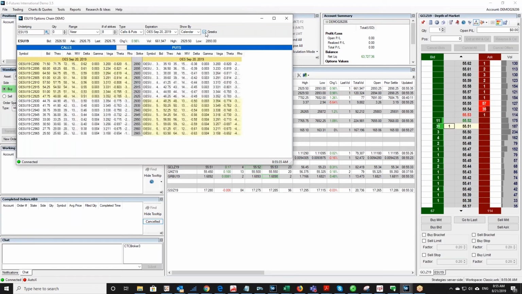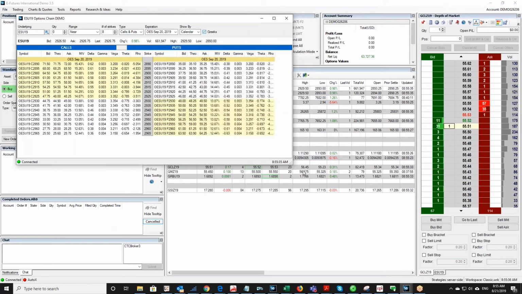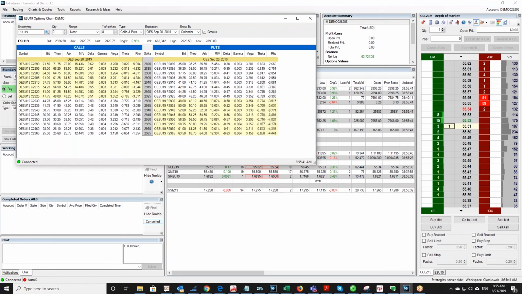By checking the Greeks value, you will get more than a few different data columns that show you the delta, the gamma, the vega, the theta, and other theoretical information that option traders like to use. And in this case, if you look at the option chain for the mini S&P, if you're looking to buy puts, for example, and we're looking at a 2900 put, you can see the bid, the ask, the theoretical in between,